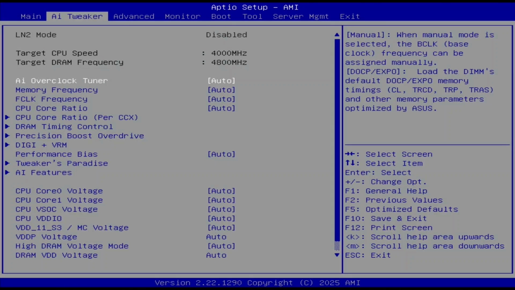For multi-CCD Ryzen Threadripper CPUs, I recommend you use per CCD curve optimization because they're pretty different in quality and they have a different Fmax as well. Upon entering the BIOS,